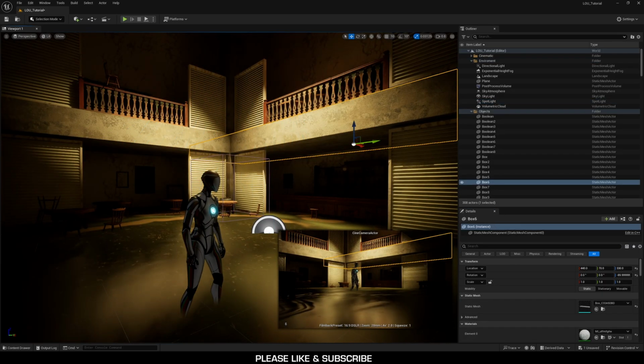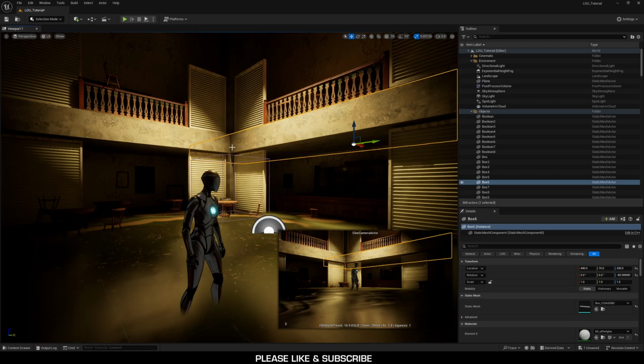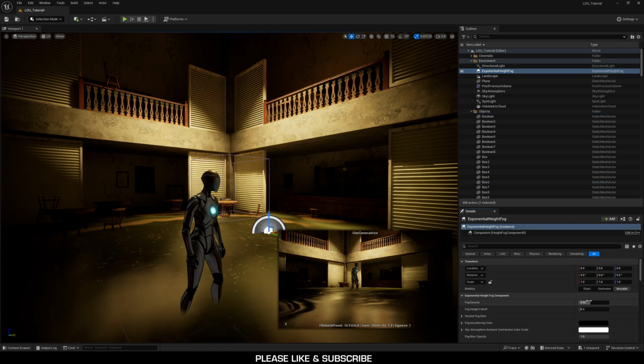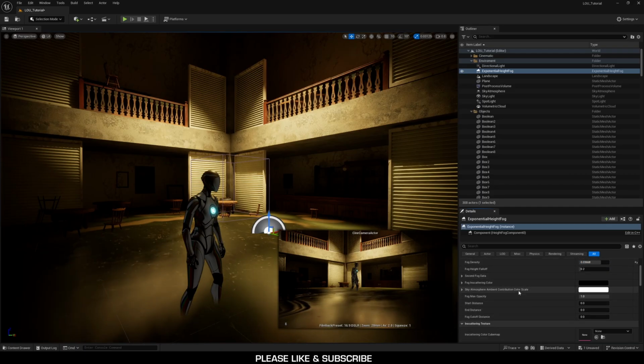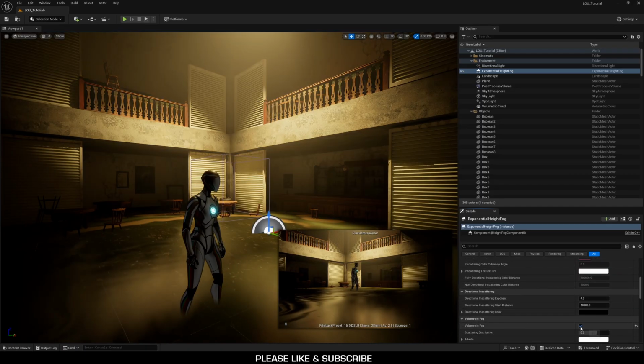Now, the next thing is if I go back, you're going to see there's a bunch of atmospherics. You can see light is bouncing definitely in the sky. It's not just perfectly see-through, which means there is some fog. So to do that, you can go over here to the exponential height fog and increase the fog this way. It won't affect it too much because we don't have volumetrics on. So if you scroll down, you can find volumetric fog right here and click it on. And now we have that nice